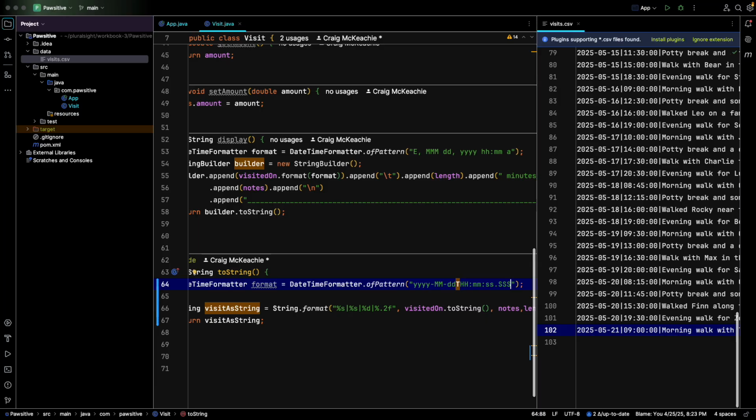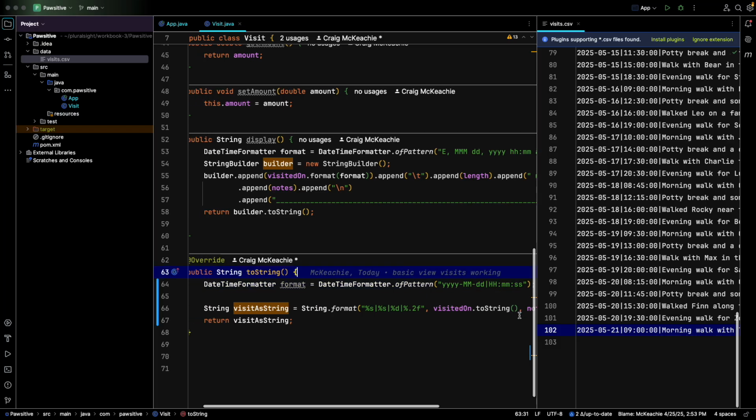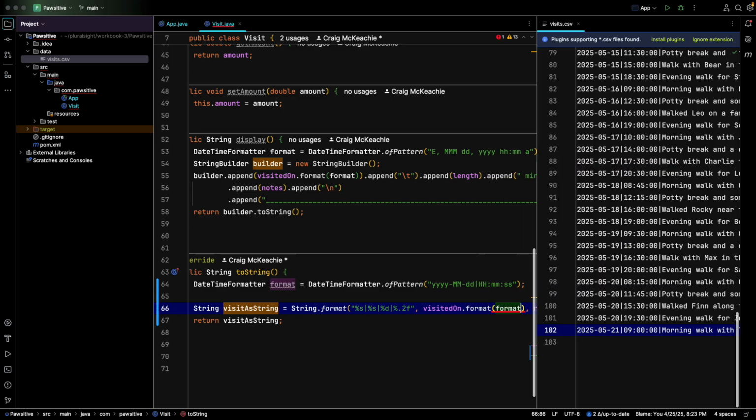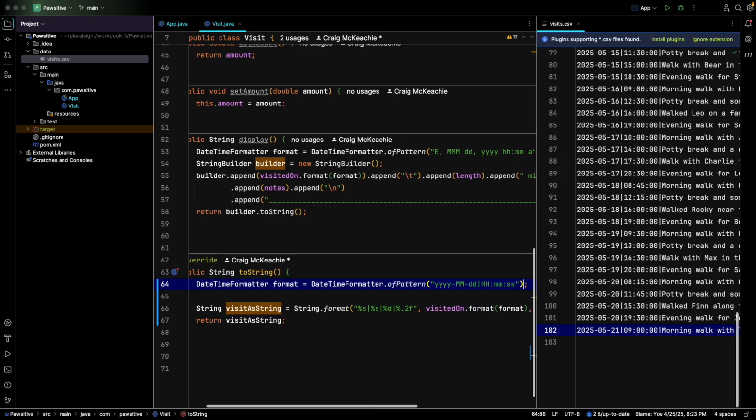You're kind of piecing things together. So this SSS, I think, is the nanoseconds that we don't want. And instead of having a T here, we want a pipe operator, right? So if I did all that right, now if I say visited on dot format, and I pass it the format that I want here,